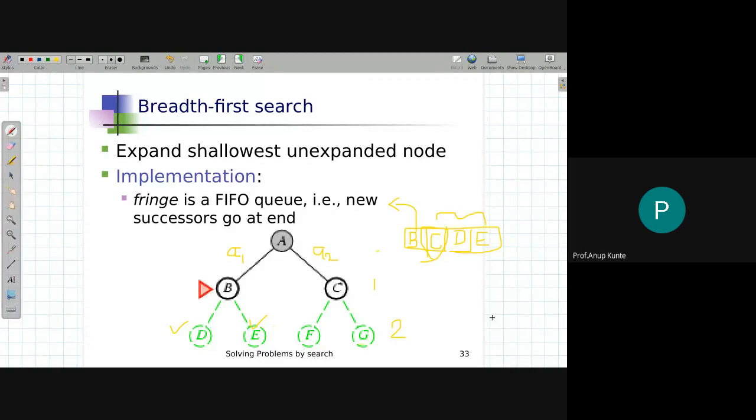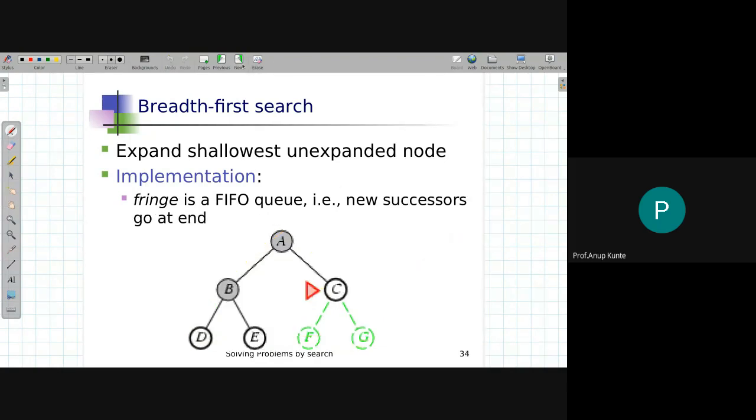Okay. So next time what will happen is this red arrow will mark C and not D because we are marking level wise. One thing to remember when you are tracing out the search path on the search tree, it would always trace out like this, in this direction. So it will first test A, then B, then C, then D, then E, then F, and then G. So this is the sequence in which it will search out the entire tree.